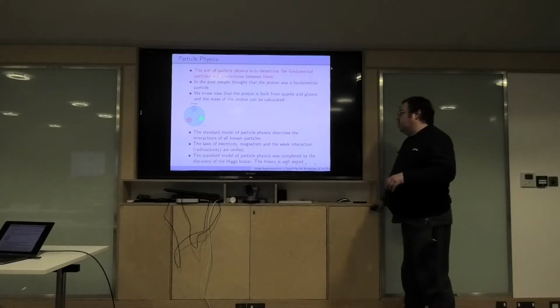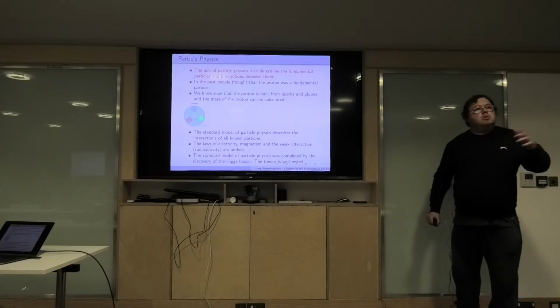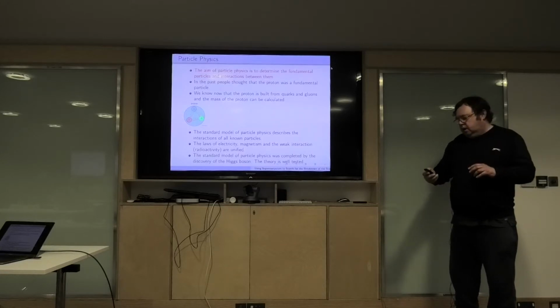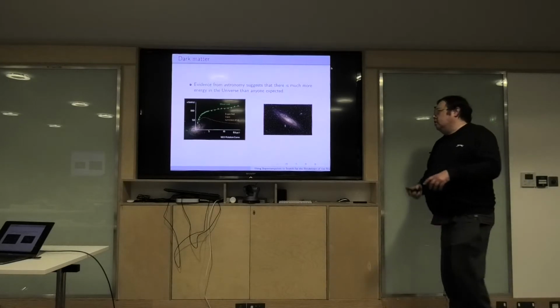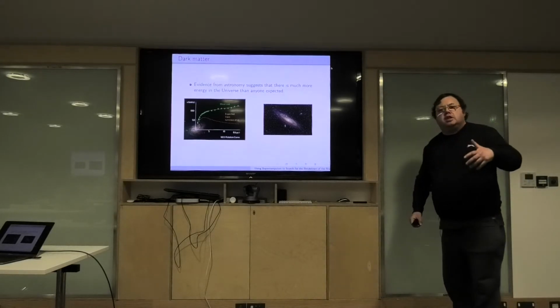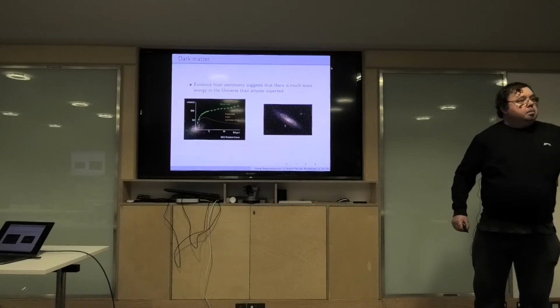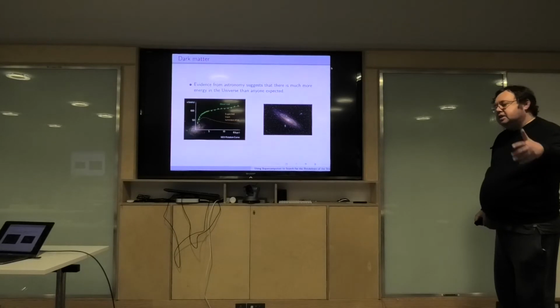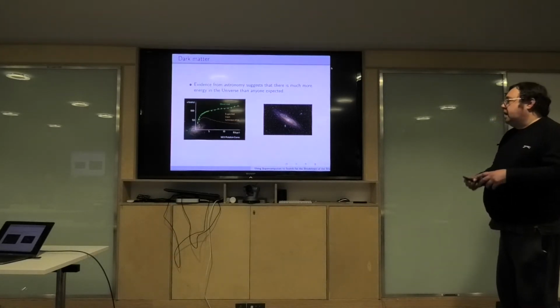The standard model of particle physics was completed by the discovery of the Higgs boson a couple of years ago. I'm not going to talk too much about that. We'll talk about the LHC. The theory is well tested, so that's the good news. Where things go down a little bit, we'll try and take this a bit further. So I've told you we have quarks and gluons. We want to know more about quarks and gluons, and if quarks have masses, can we actually find out why the quarks have certain masses?